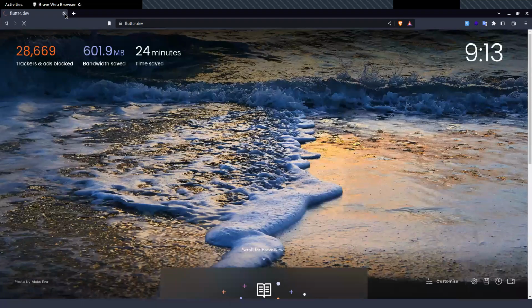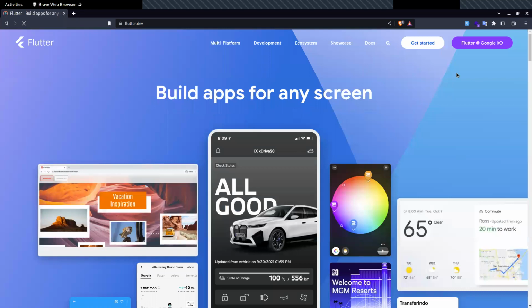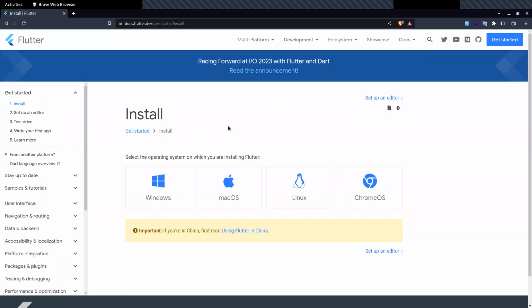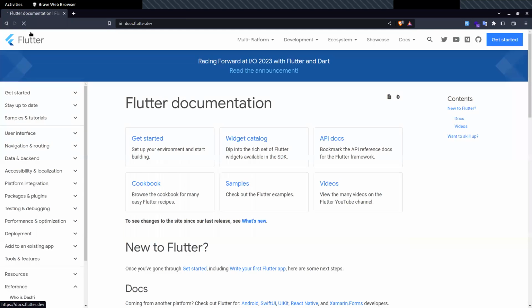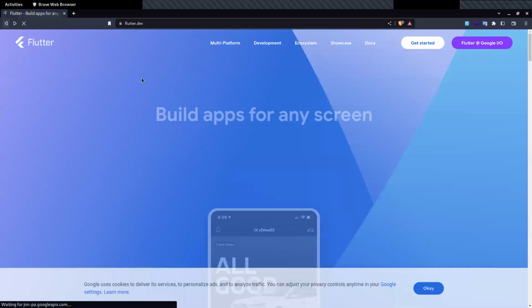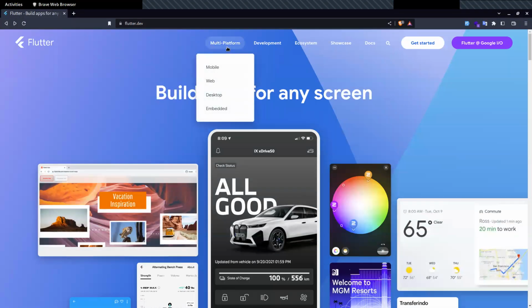Under flutter.dev, when you get started, you're going to see how to install based on your operating system. And something to note about Flutter is it is a multi-platform